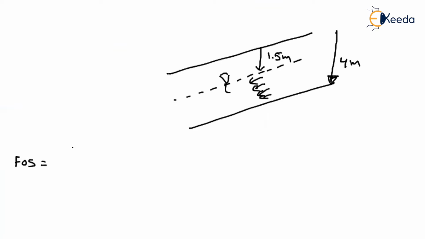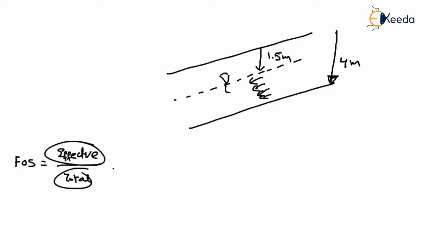So let me draw the diagram here once. You have to find the factor of safety at the ground surface at a depth of 4 meter. Where is your water table? Your water table is at a level of 1.5 meter below the surface. So this is where the water table level is. That means seepage is occurring. So here how do we find the factor of safety? Gamma dash, so in the numerator you have to take the effective value. In the denominator, you have to take the total value.